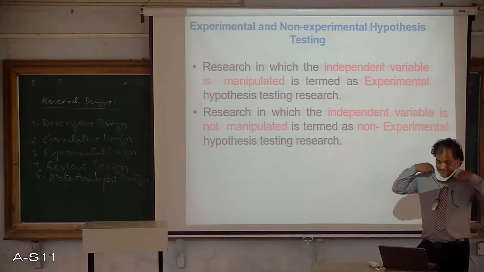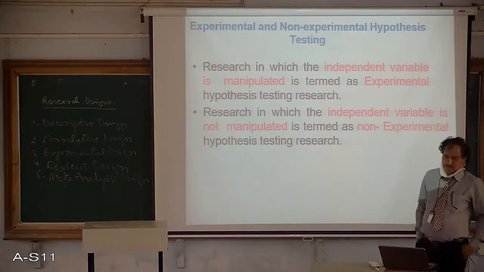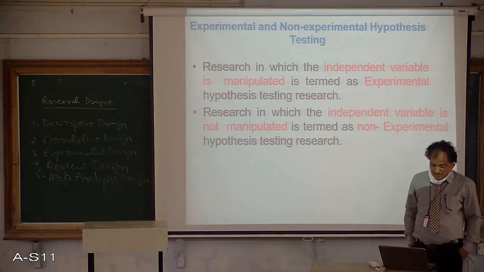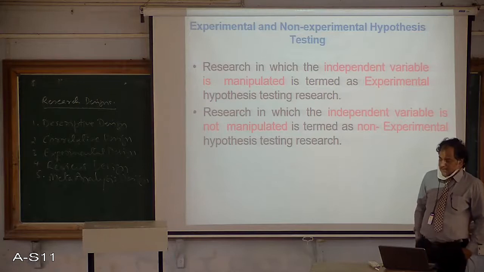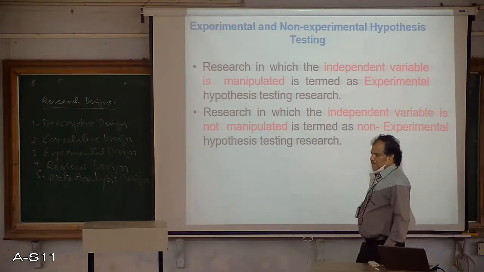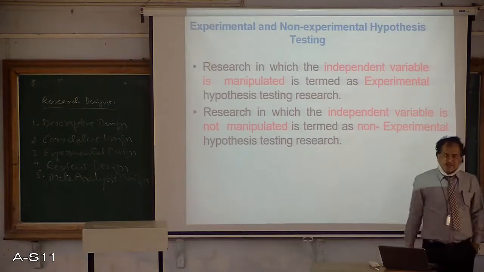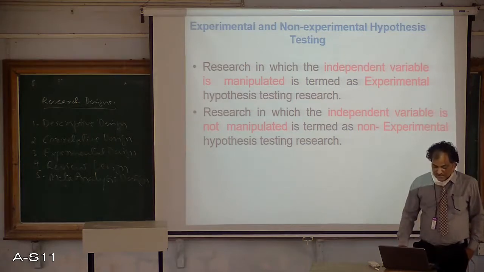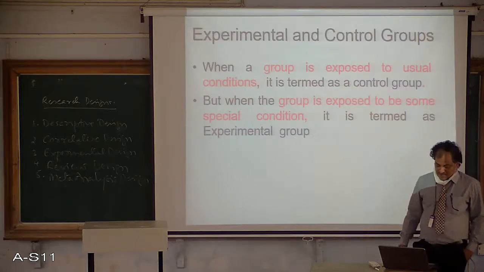In the other example, we were discussing one dependent variable and one independent variable, the concept of self knowledge being important in achieving social achievement. In that case, if you are able to manipulate the value of the self concept, probably you can increase the social studies achievement. In that case, it is called experimental hypothesis testing. So generally, we come across these two types of hypothesis testing.